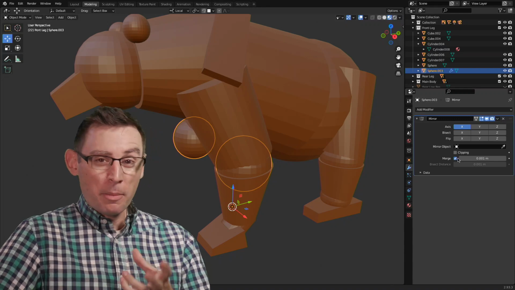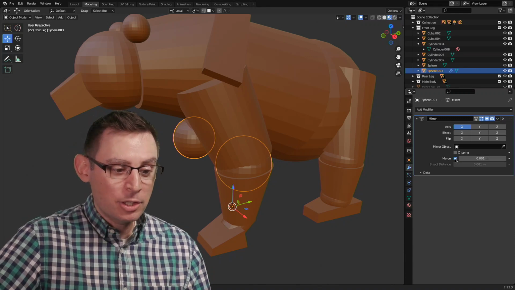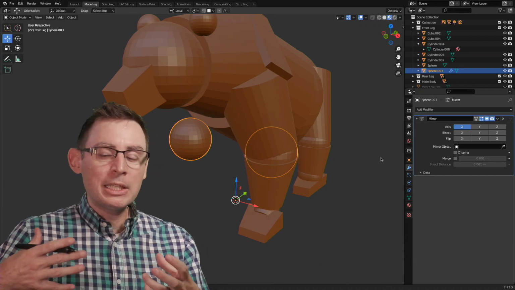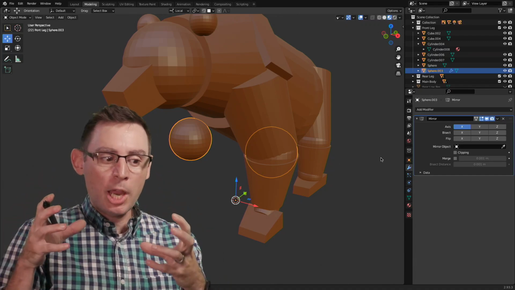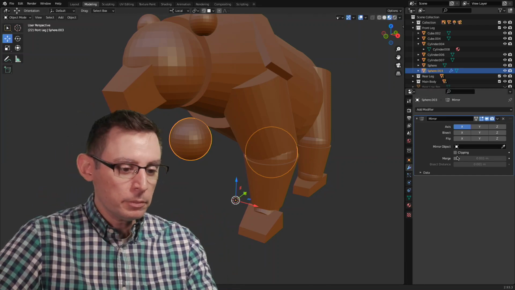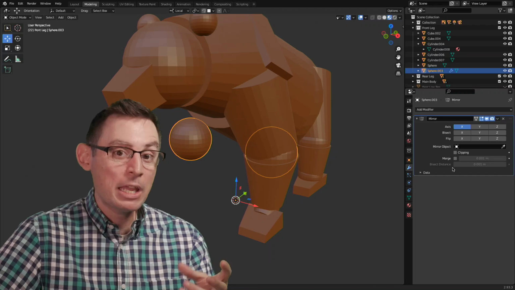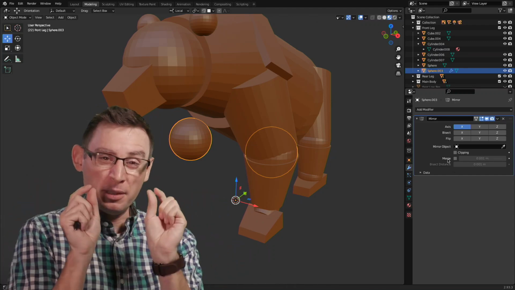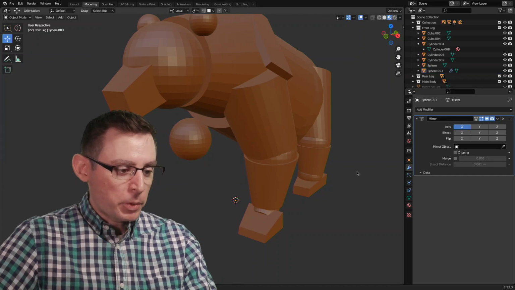Now, the thing that I would recommend that you look at specifically is unchecking the merge. We still want both of these shapes to be discontiguous polygonal shapes. We want to be able to control them independently, and you'll see why here in a minute. So with the merge option disabled, it's not going to weld these points together if they were overlapping a little bit. Okay, so that's pretty cool.